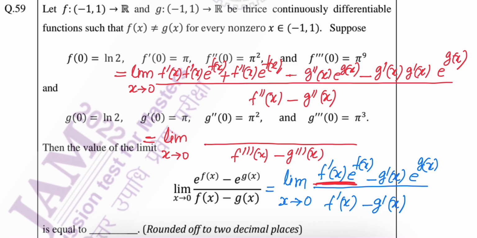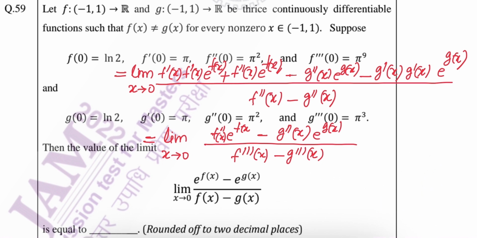So the expression in those two green, I remove those two terms. This will not affect the value of this limit. So I write here f double dash x e to the power fx minus g double dash x e to the power gx. Okay, and now to get the space I erase this one, and as I have differentiated the denominator, so here will be